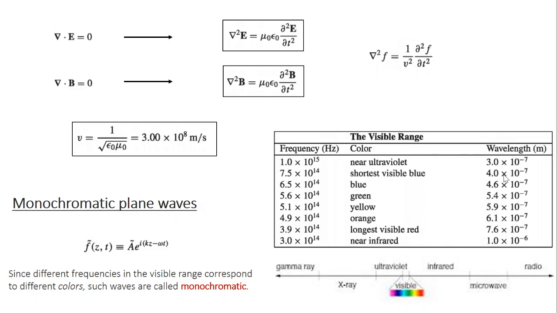The blue light is around 4 into 10 to the power minus 7 meter, or you can call it 400 into 10 to the power minus 9 meter. 10 to the power minus 9 meter is 1 nanometer. So this is around 400 nanometer, all the way to 760 or roughly 750 nanometer. So the visible spectrum of light ranges from 400 nanometer to 750 nanometer, or alternatively 400 terahertz to 750 terahertz.